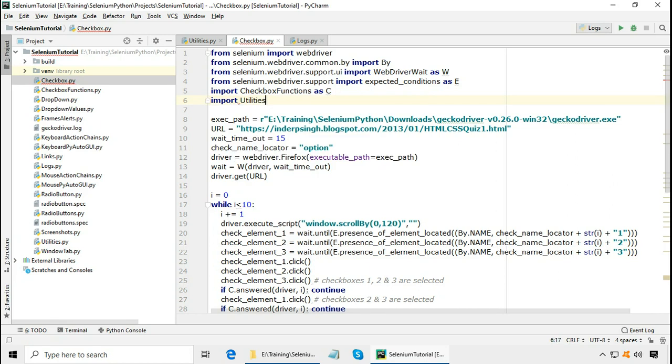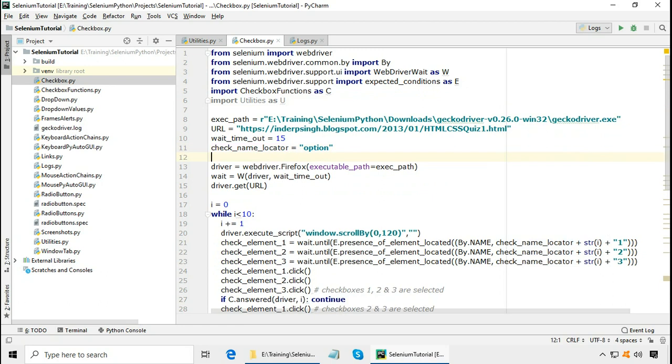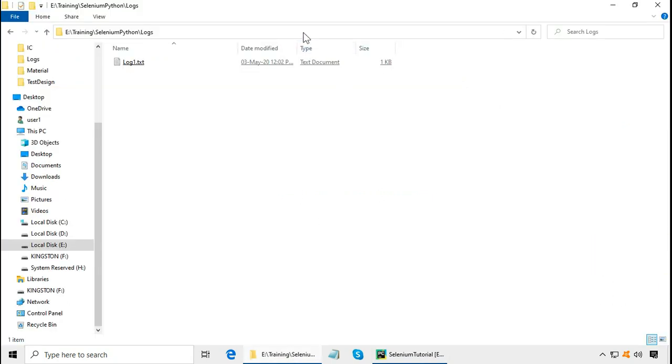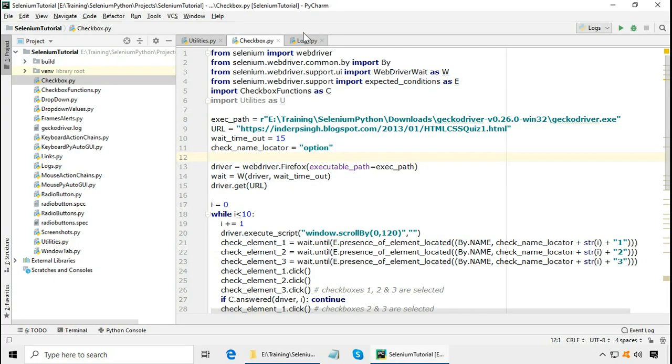Import utilities because the log function lives in utilities, and I can give the alias as capital U. Next, I need to specify the log file. I'm going to put the log file in the logs folder here. So copy this, and the log file is this.